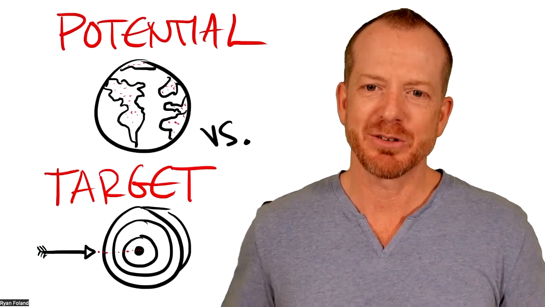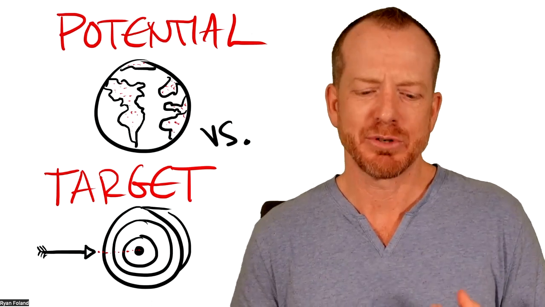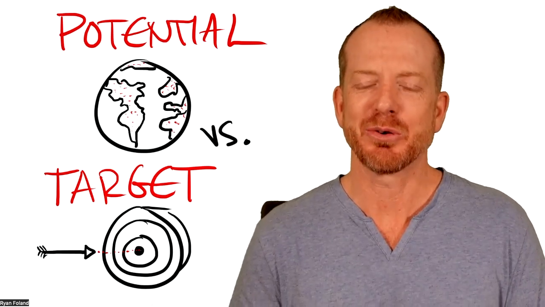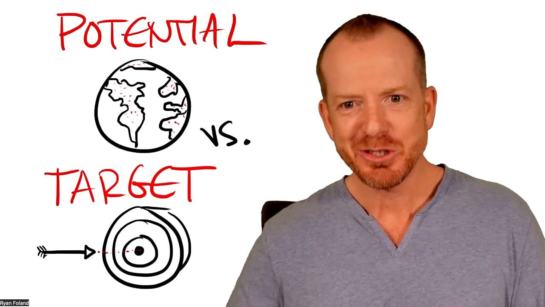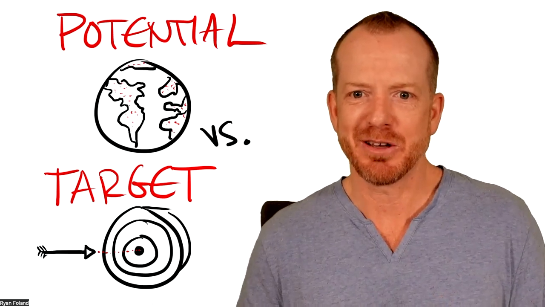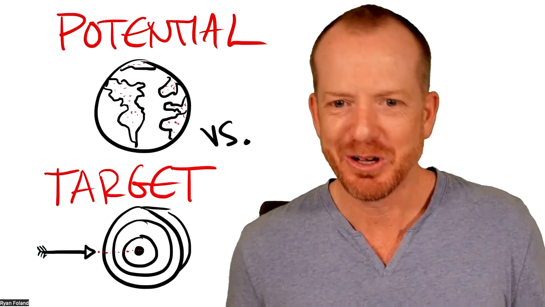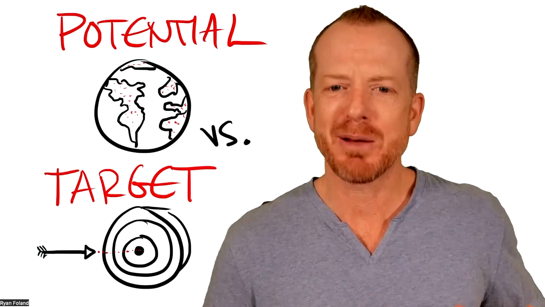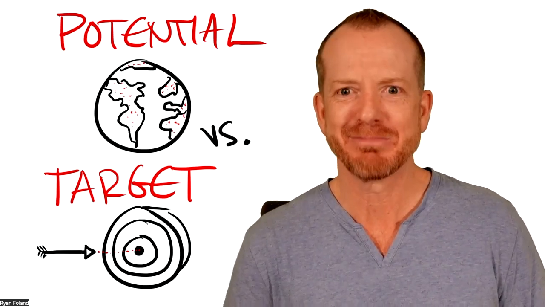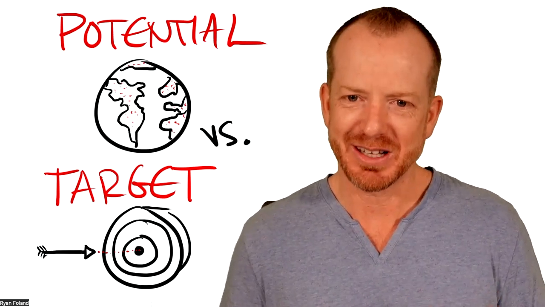You have to first really understand the difference between your market potential and your target market. Okay, your market potential is usually what we default into thinking. We go, oh my gosh, this app is going to be for anyone who, or this is going to be for everybody who, or I'm just going to take a huge population and I'm going to say I'll get 1% of that and we'll call it a day. No, that is not the way that it works, especially as you're starting your idea.